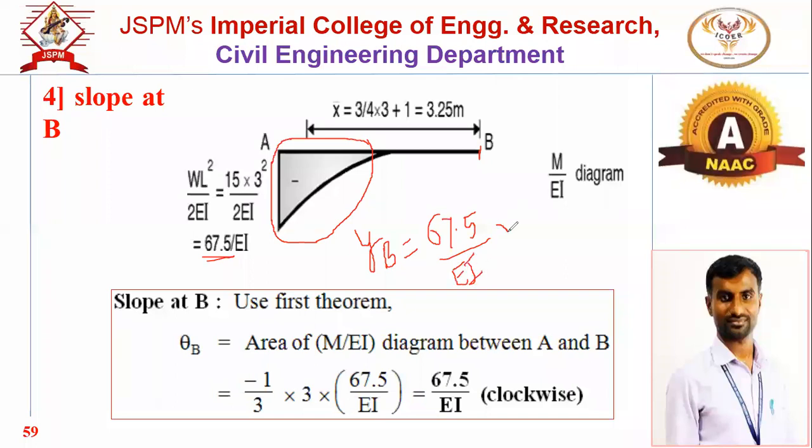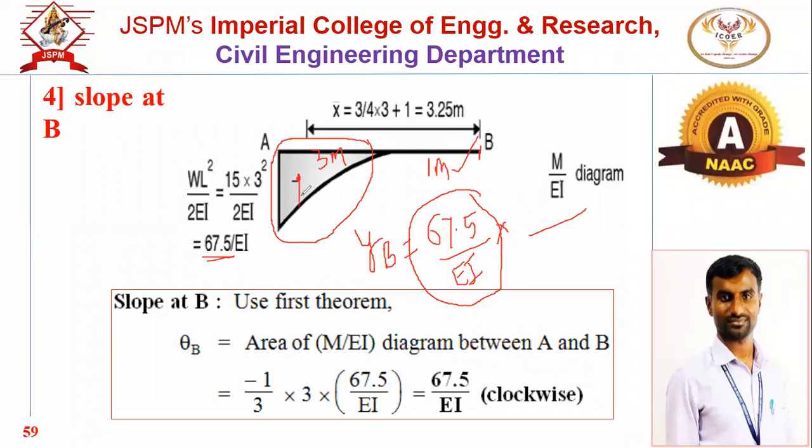That will be area multiplied with centroidal distance. Now tell me what will be that distance, X bar? So this is 1 meter and this is 3 meter. This is 1 meter, and the CG will be located somewhere here. This is the CG. Now as we have to find out the deflection at the free end,